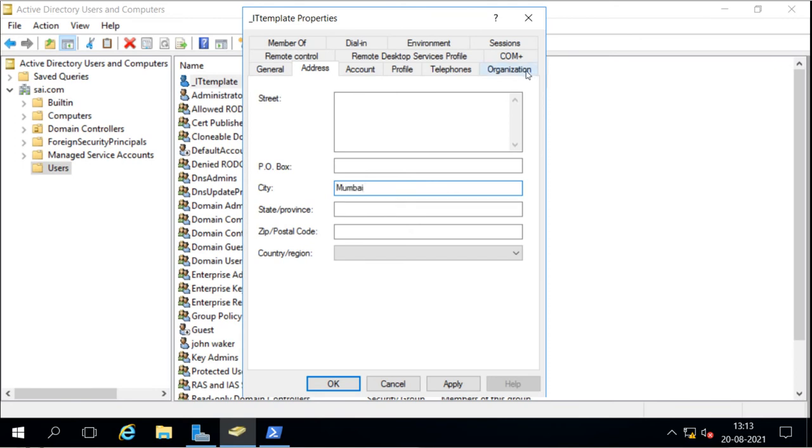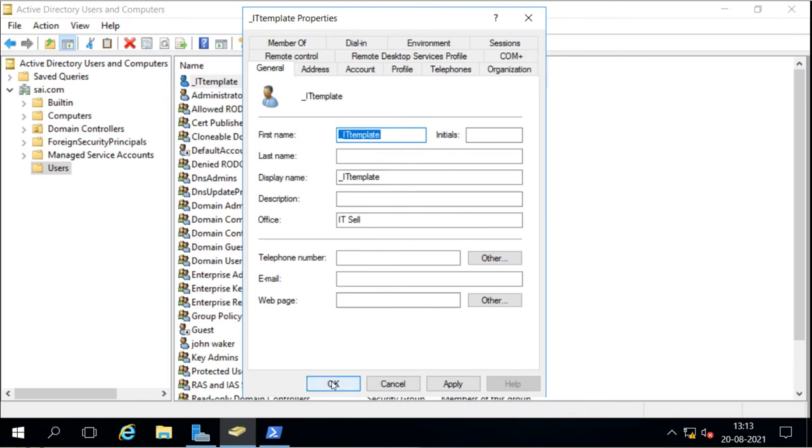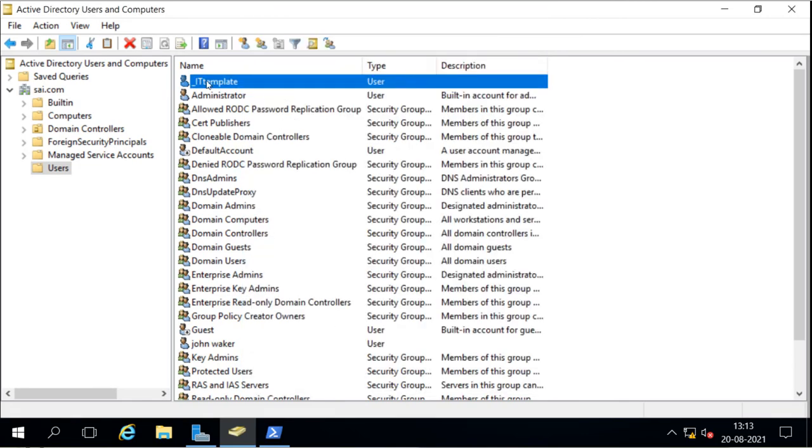I want to fill the information about the department, company name. So we can fill up the common information for the users in this template. Now when we create a new account, the account will get the same information that we have filled into the template.